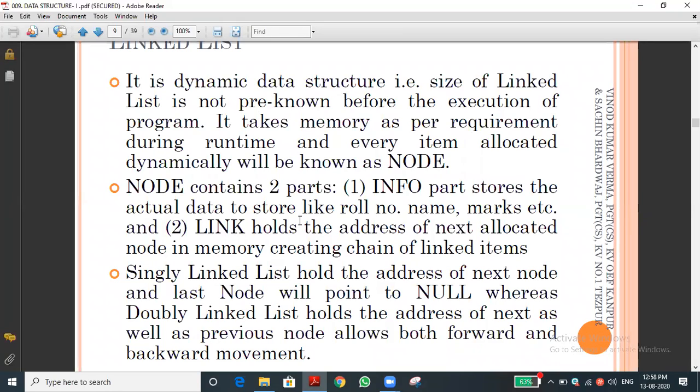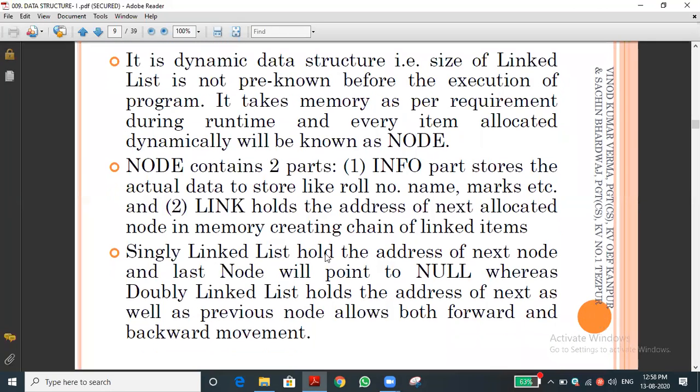Okay, that is the doubly linked list. Singly linked list means it only holds the successive, that is the next element's memory address. That is called a singly linked list. Have you understood this? Yes, sir. Types of linked list. Okay, good. Let us go to the next topic.